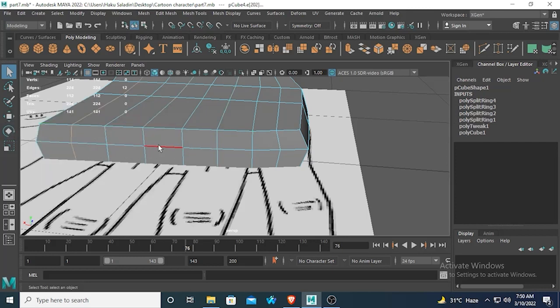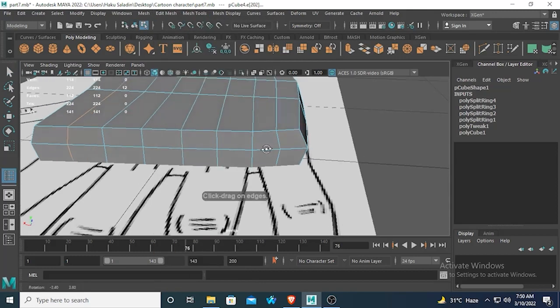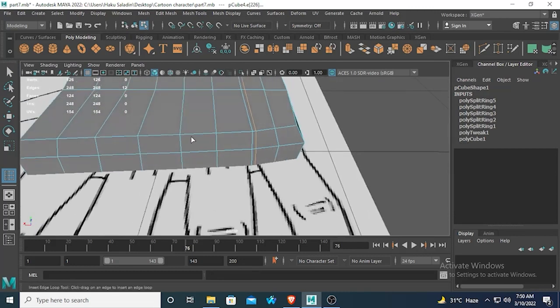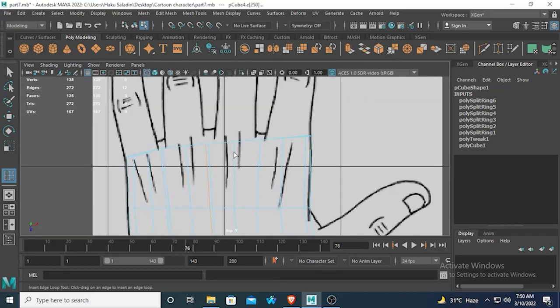and then we will also insert edge loop in here, one in here. Okay, let's go to the top view and one in here. Okay,